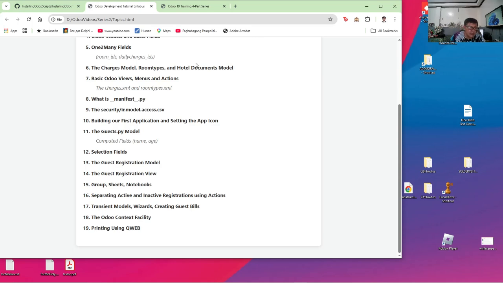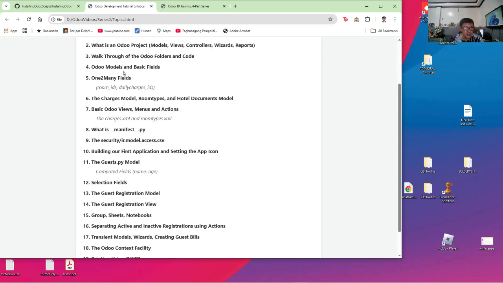So we are going to do that in the guest registration model, and then we will build the guest registration view with a header. We will introduce you to buttons, and of course button actions. In the earlier portions, I will introduce you to menu actions.